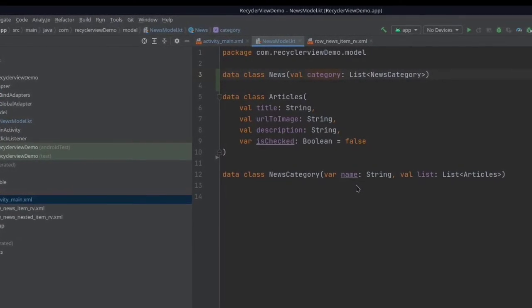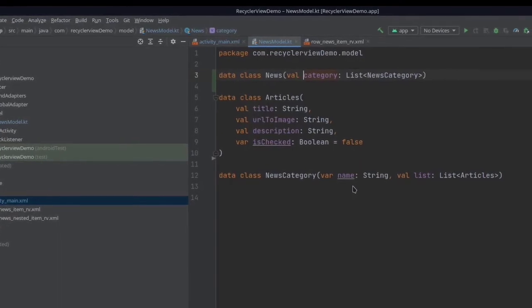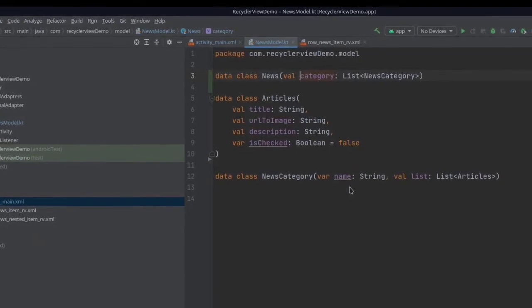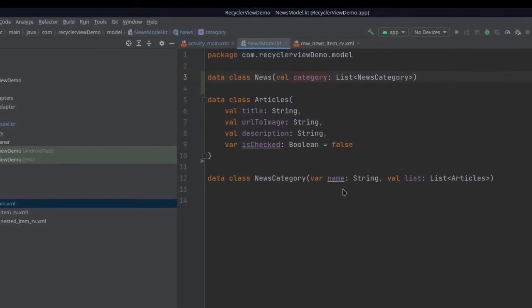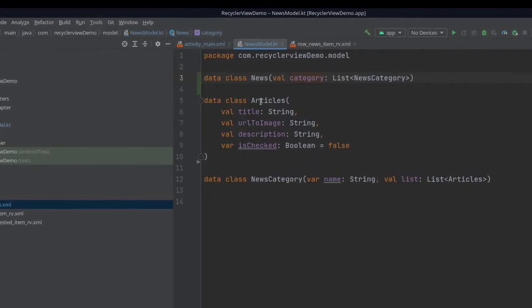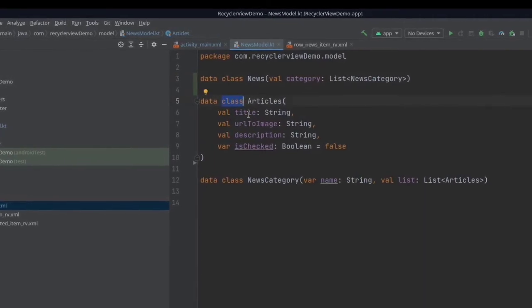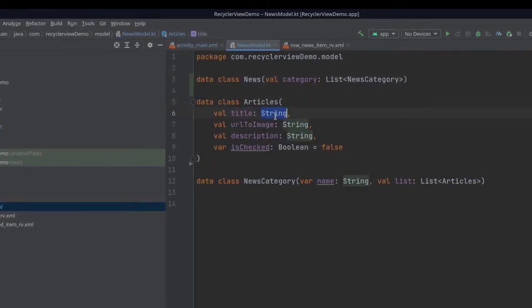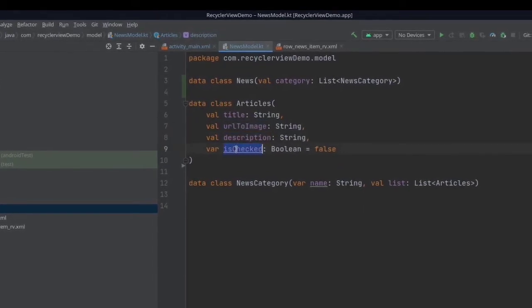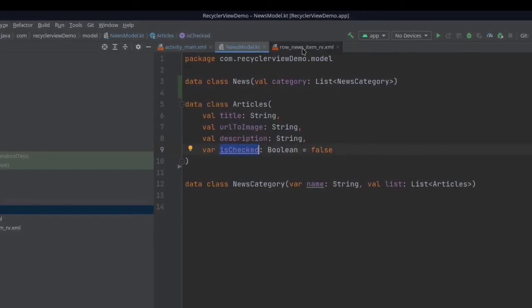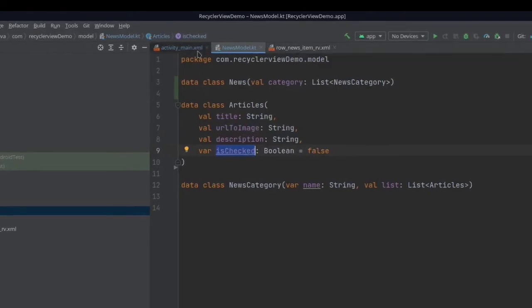So the structure is one vertical recycler view, and then the vertical recycler view will contain a horizontal recycler view like that. So a news category, and then articles is a simple class which contains a title, a URL to the image, then a description, and one boolean flag, is checked.